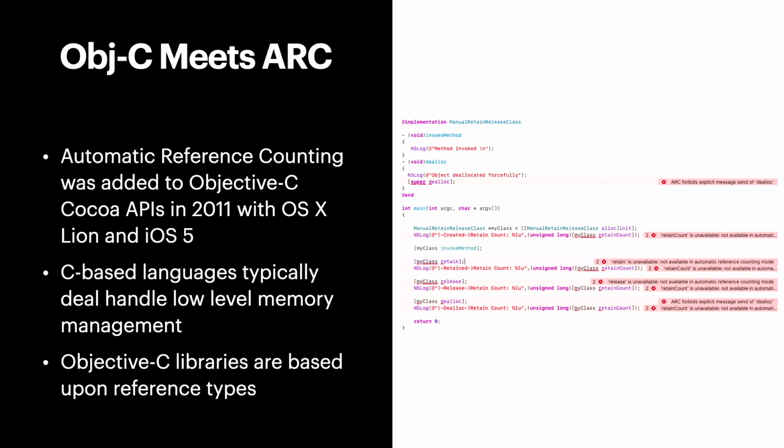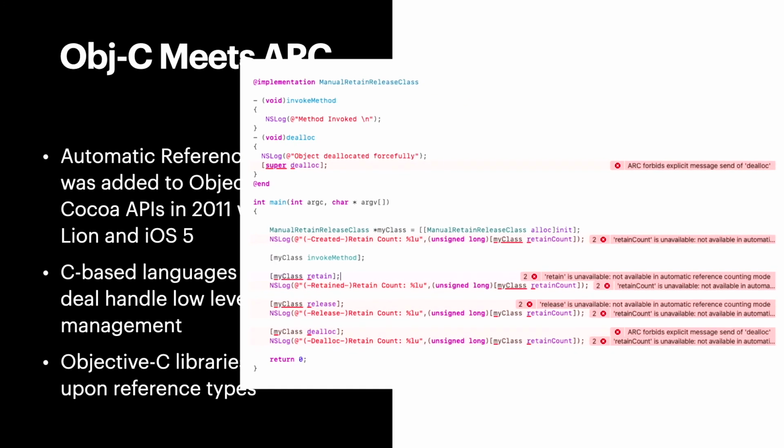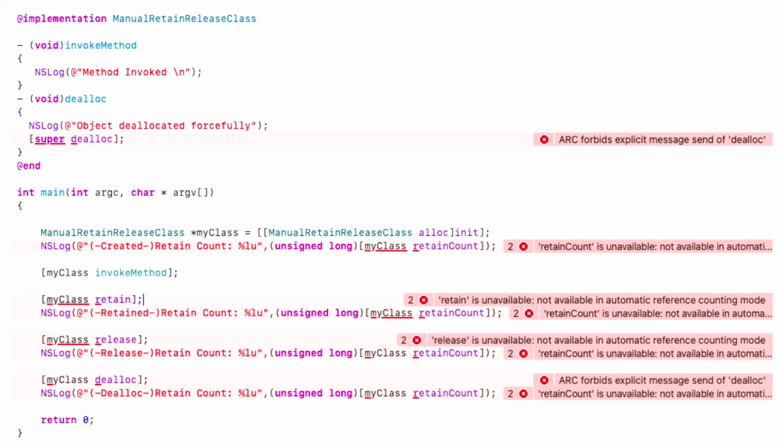So automatic reference counting does get added to Objective-C in 2011. However, you find that a lot of existing Objective-C code just isn't compatible with automatic reference counting. So as you can see off on the right, I'll blow that up a little bit. All of these errors come up whenever you try to use existing Objective-C code with automatic reference counting, because